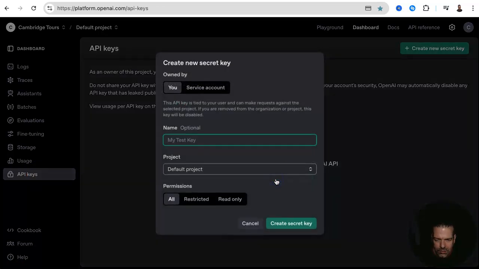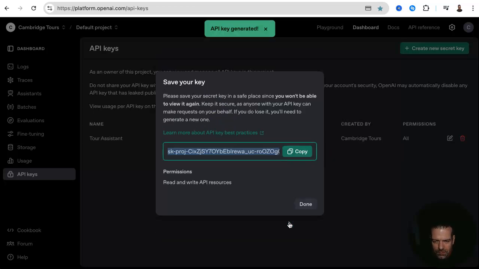Let's say create new secret key, and then default project as well. Let's call it tour assistant as well. And then create secret key. So the thing is,